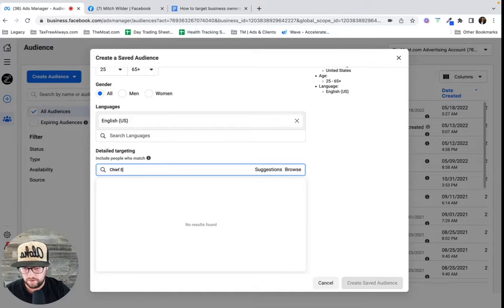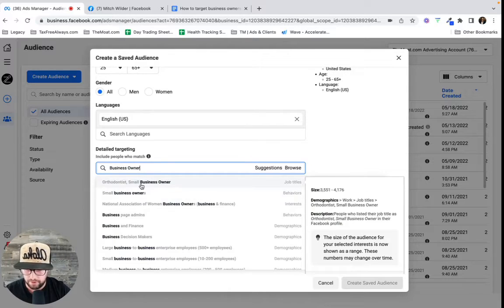There. And this is one of the ones Facebook is kind of, we're seeing them slowly remove some job titles. I'll show you how it's a job title here. So, okay, here's one that's very specific, orthodontist small business owner. And this is people who are listing that on their Facebook profile. So it's like, where are you employed or what do you do?